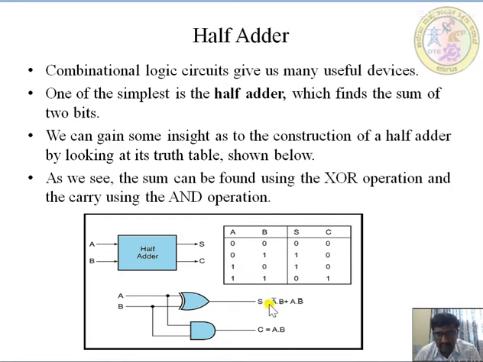See, so for sum is equal to what? A bar B plus A B bar, and this expression is same as your A XOR B. Okay, for that reason we have taken the XOR gate. For carry, only one bit is 1, so it is what? A and B, that is C is equal to A into B. For C, A is also 1 and B is also 1, so C is equal to A into B.